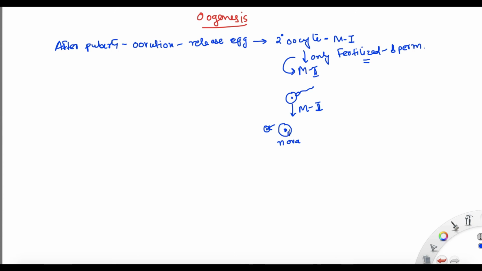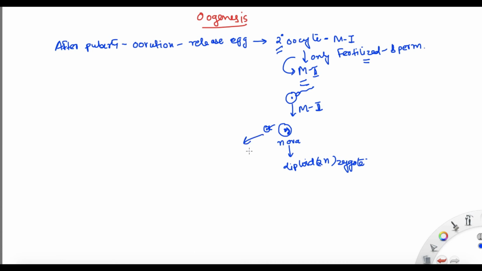Now it will have only one set of chromosomes, and then the nucleus of the sperm will fuse to give a diploid zygote, right? So when ovulation happens at puberty, every time the secondary oocyte is released, only when a sperm makes contact will that trigger it to undergo meiosis 2, and immediately it will release the polar body.